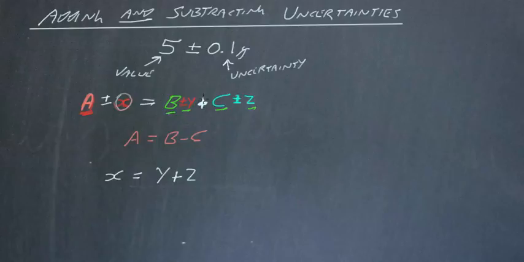So whether it's plus or minus within the equation, if it's an addition or a subtraction, we add the uncertainties together. So just to note, we always add, I keep saying errors, add the uncertainties